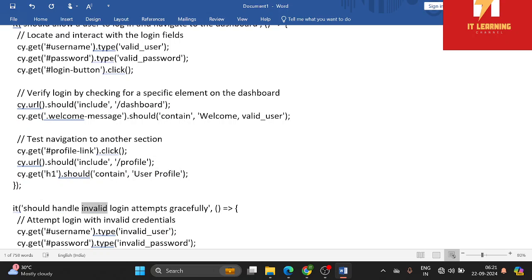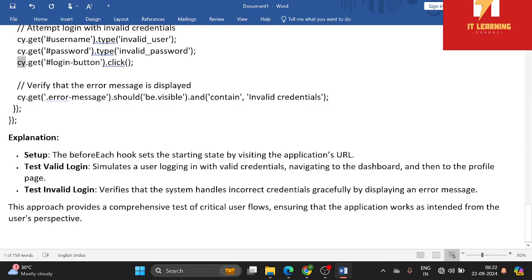It should handle invalid login attempts gracefully. // Attempt login with invalid credentials. cy.get('#username').type('invalid_user'); cy.get('#password').type('invalid_password'); cy.get('#login-button').click(); // verify that the error message is displayed. cy.get('.error-message').should('be.visible').and('contain', 'Invalid credentials');